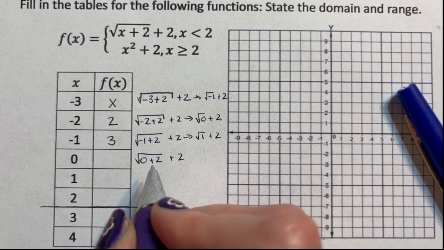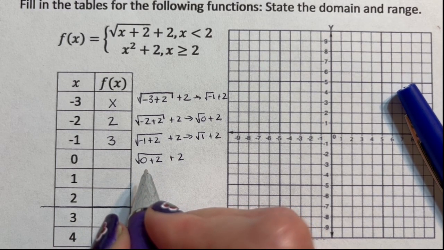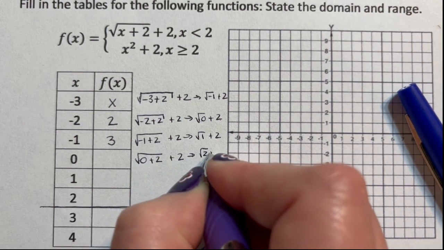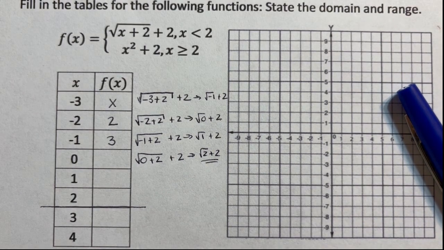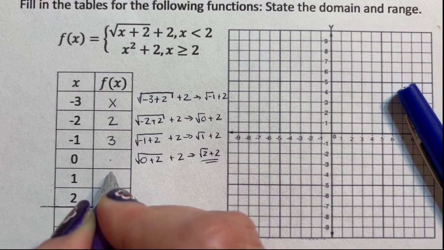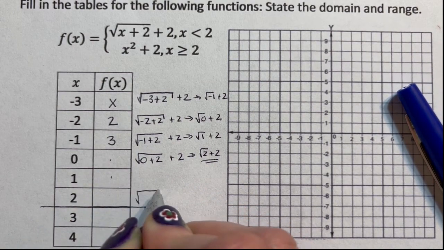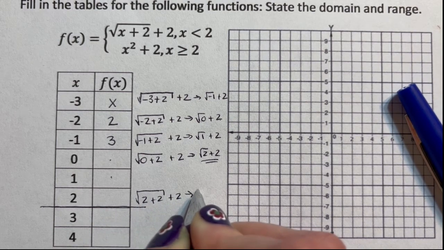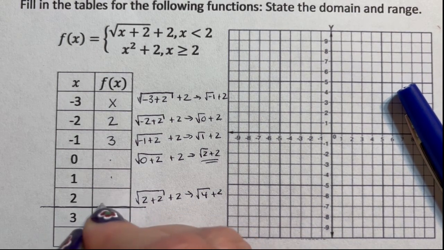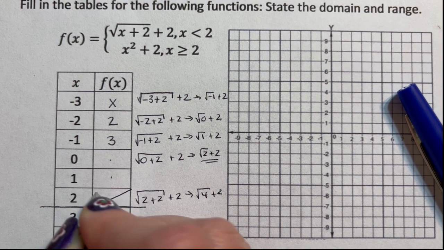We have enough data points in here that I don't feel like I need to graph all of these data points. This is just to get a feel of what the graph is going to look like. I could skip up to here because this is going to be rounded. Let's go up to here. So we have the square root of 2 plus 2, plus 2, which is the square root of 4, plus 2. Square root of 4 is 2. 2 plus 2 is 4. I'm going to put a big slash here